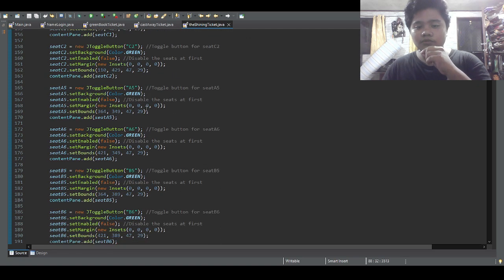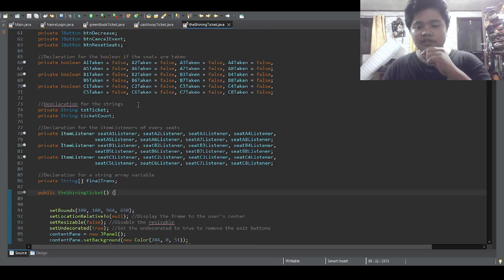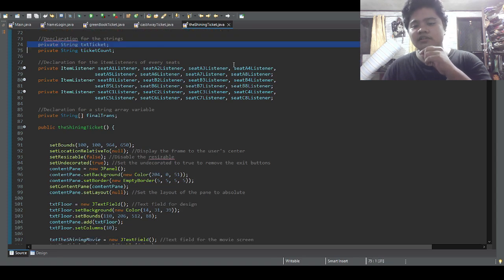The class also includes Boolean variables to track the availability of each seat and integer variables to manage ticket counts and limits. The user can increase,